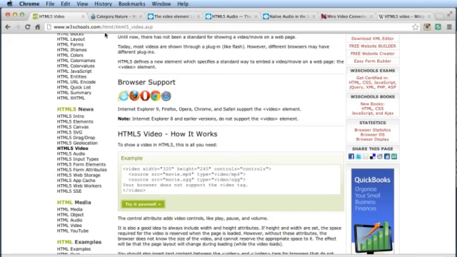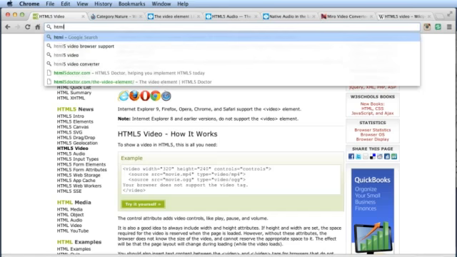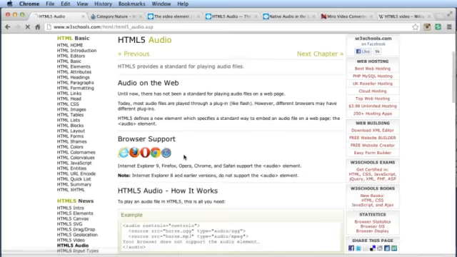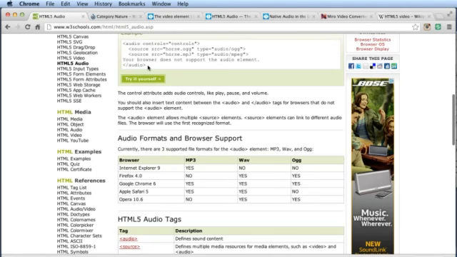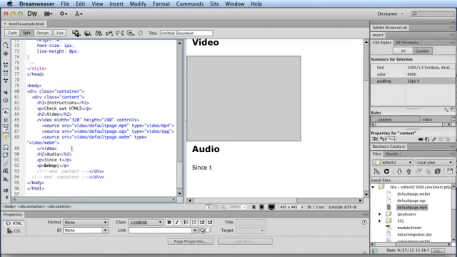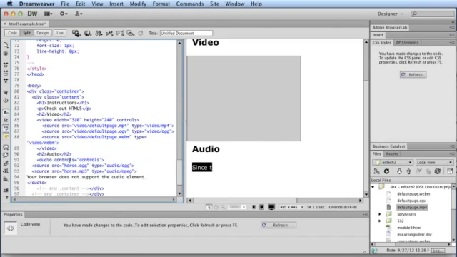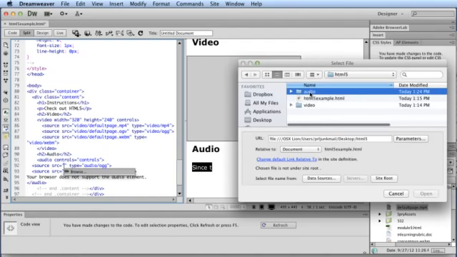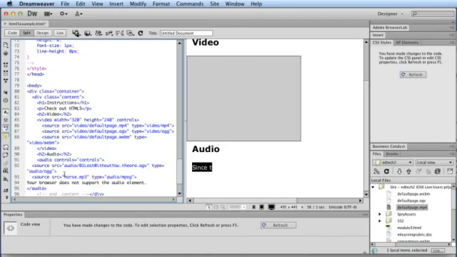I'm going to go back, and you can find different places, just like with HTML5 video. If you just Google HTML5 audio, you'll find places like this that will outline the basic code that you need. So I'm going to take that and go into Dreamweaver, and right down here I'm going to paste that in. In this case, I need to get rid of this and change the source. Go to my audio and click on that. Sometimes, as I did before, I might rename this and shorten this up, but it works fine for now for this demonstration. Hit browse,